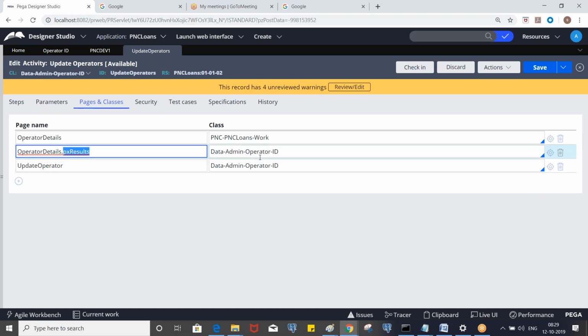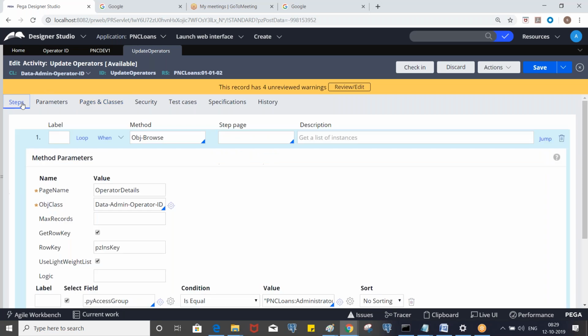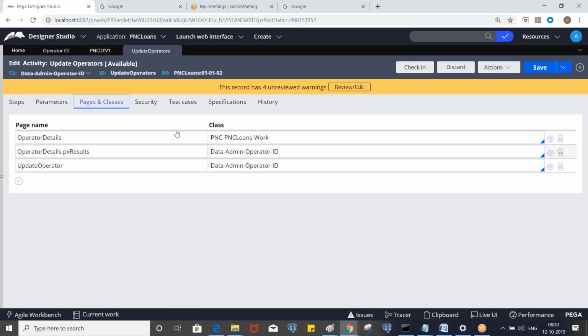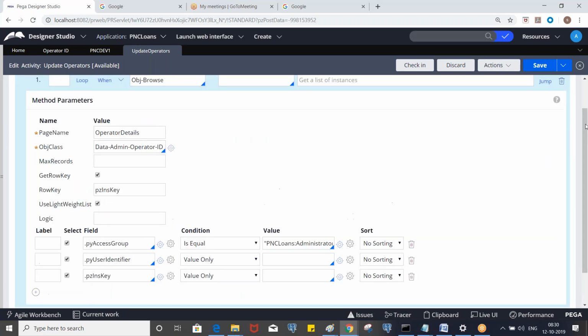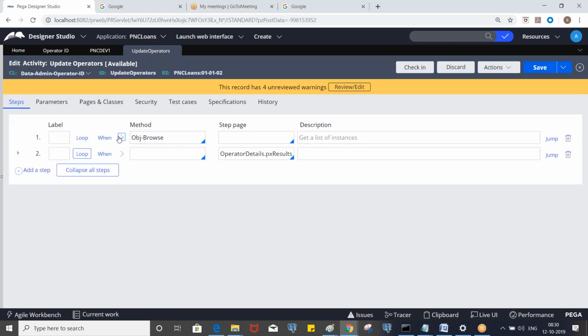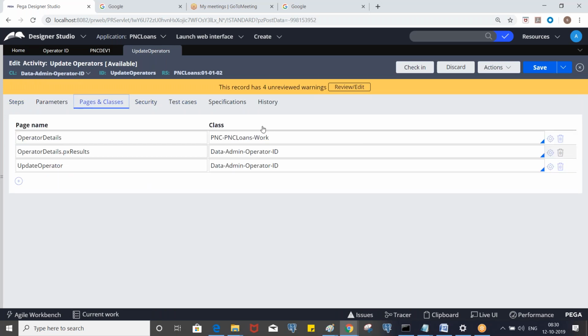So we are looping through these pages, and we are just taking the pzInsKey and opening that record again and putting it on a different page. Got it. But by default it is referring to the code pega list, so that is the best practice to put here, in order to avoid confusion. You just follow the same clipboard structure.